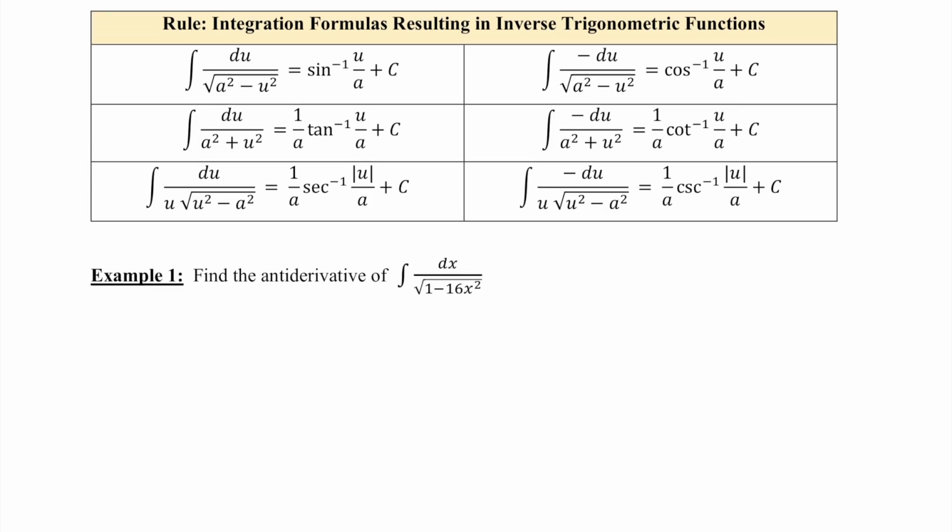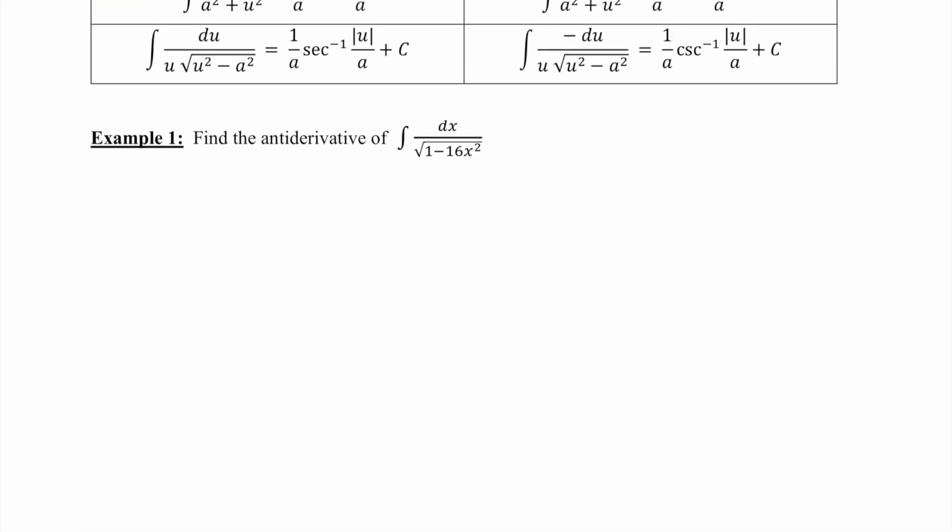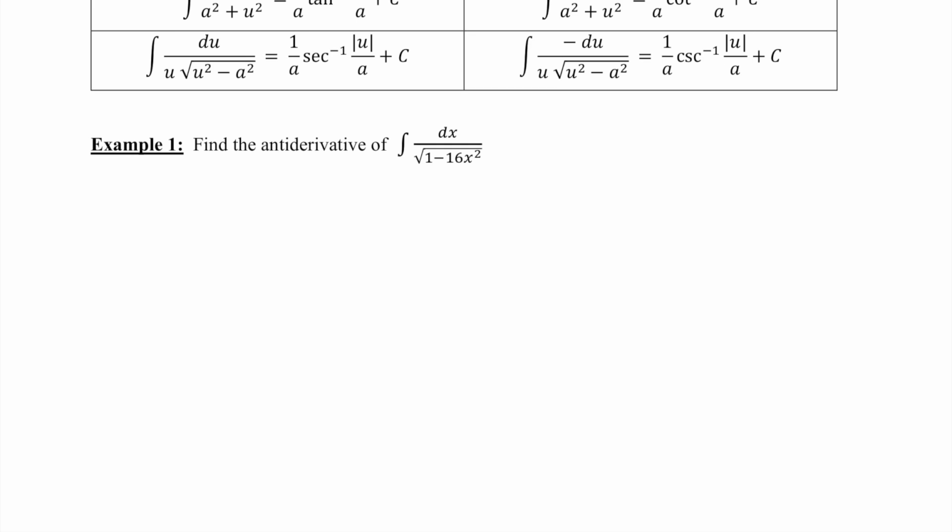Let's work through an example step by step. We want to find the antiderivative of dx over square root of 1 minus 16x squared. At first, you might think that you can use substitution for this problem. Well, let's try. If you let u be 1 minus 16x squared,